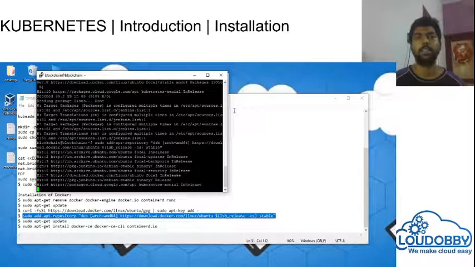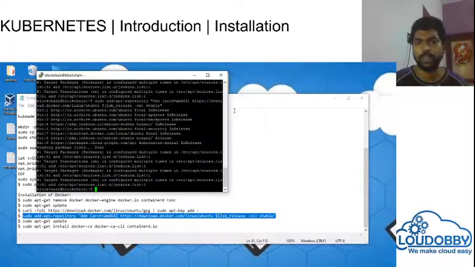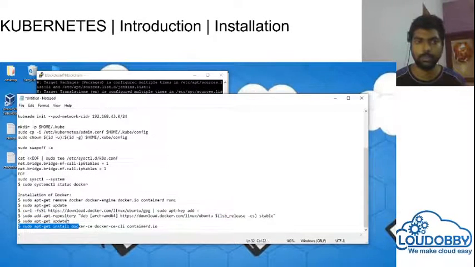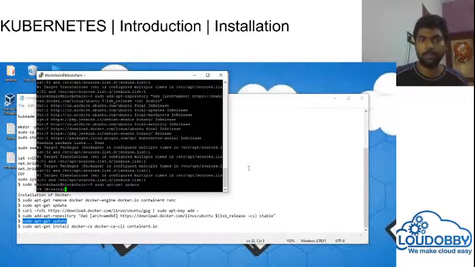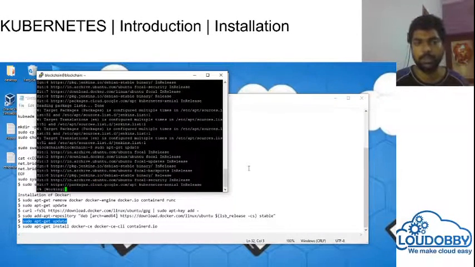So this basically gives you the step-by-step process. I also put these links into the description. You are able to try it out yourself by copy and pasting these commands, and if you have any doubts you can just check yourself or you can comment over here. I can help you out. Now I am in the repository, I am just adding it. Now these errors are just Jenkins errors. For you there are no errors on the Docker packages right now. I am going to update it and I am going to install it.